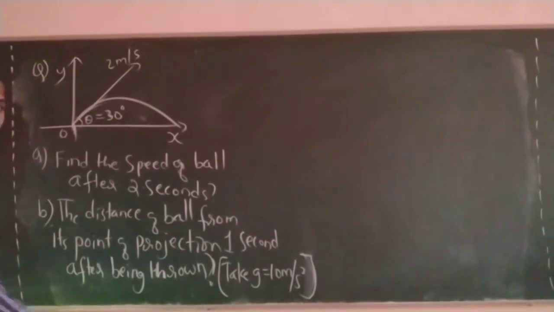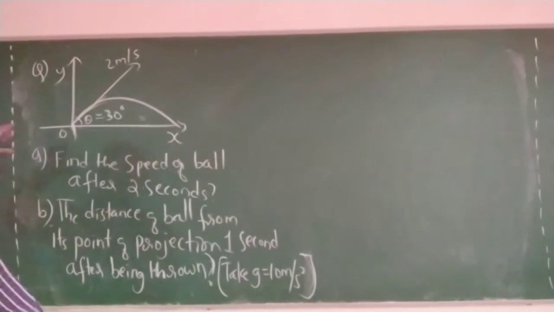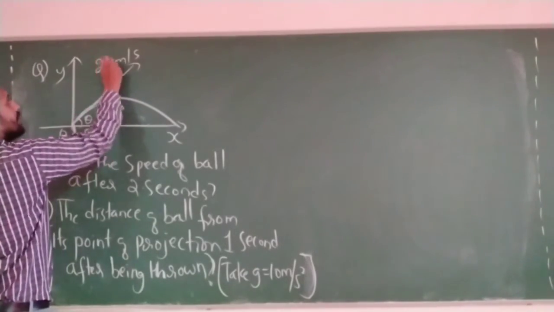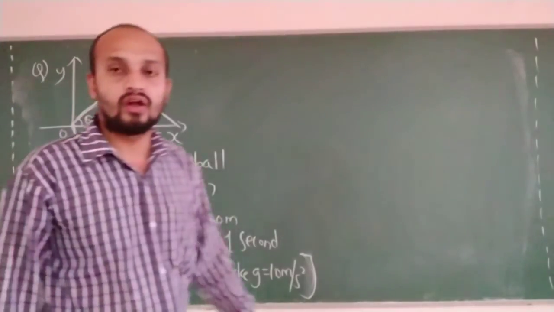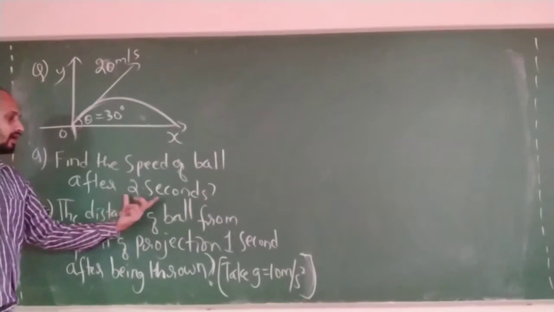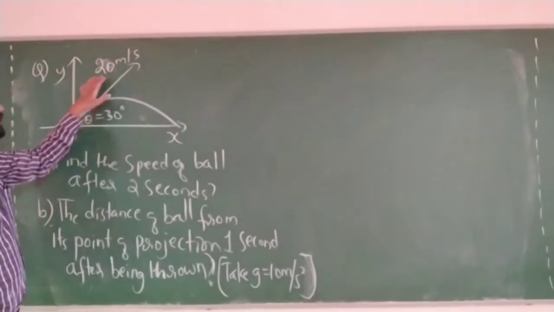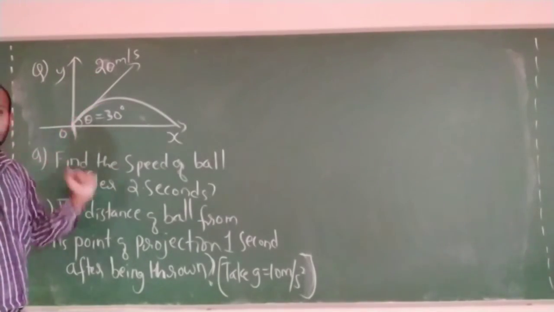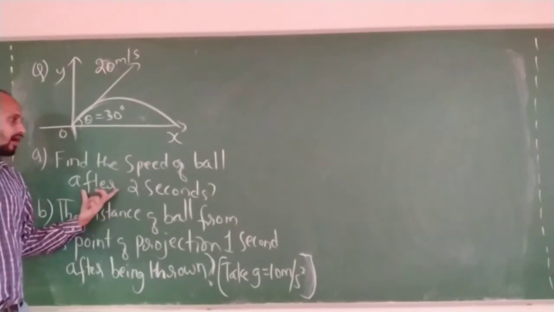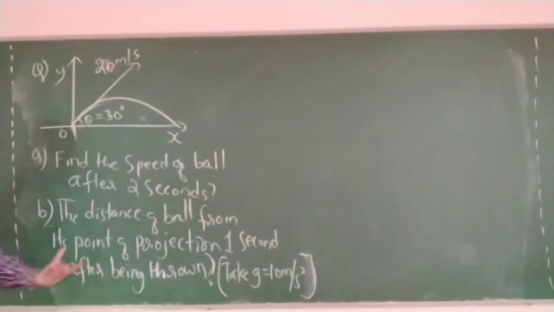So we have one very conceptual question. You will get a clear idea after solving this question. Okay? See here. One projectile motion is there. One body is projected with, this is not 2 meter per second, this is 20 meter per second, with an angle of projection 30 degrees. What you need to find is the speed of the ball for 2 seconds, then